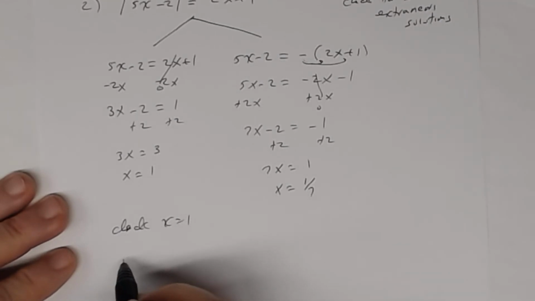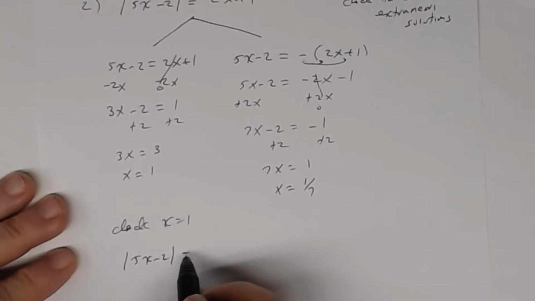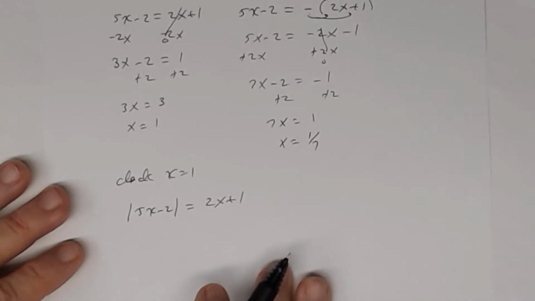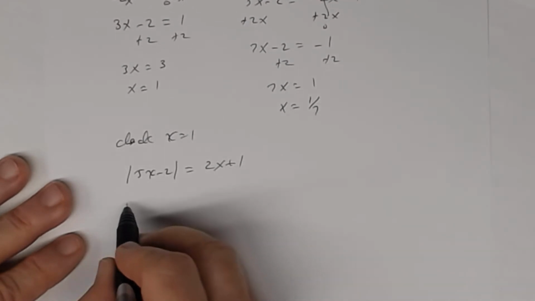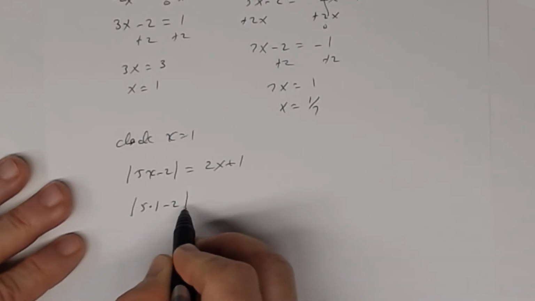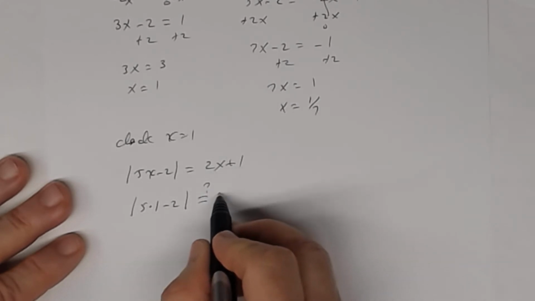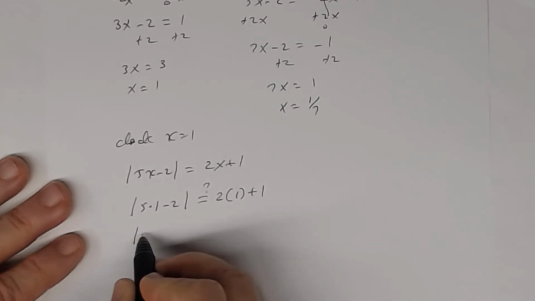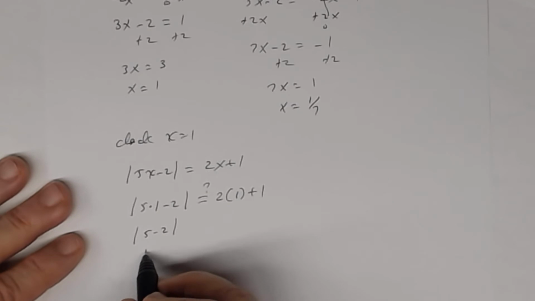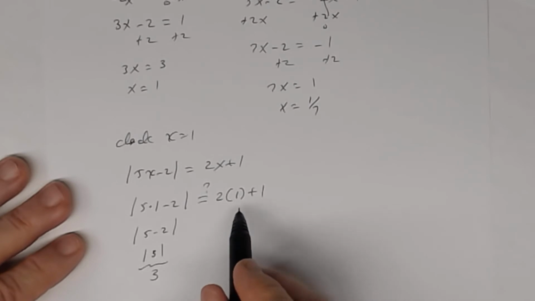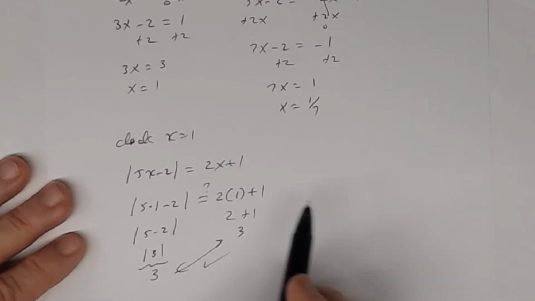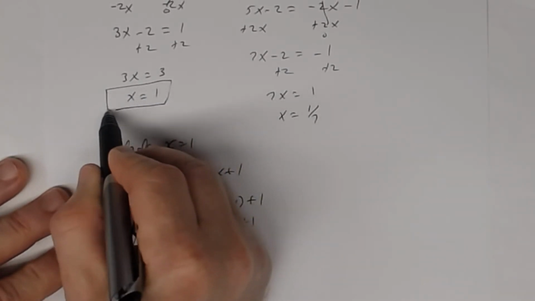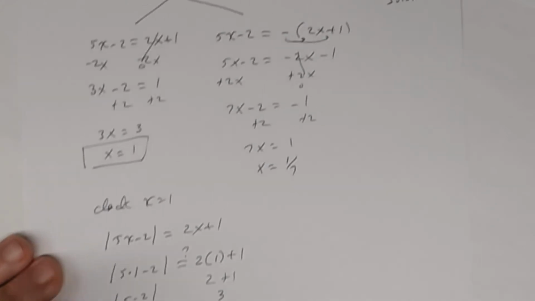Check x equal 1. So the absolute value of 5x minus 2 is equal to 2x plus 1. So in place of x, I'm going to substitute 1. So I get the absolute value of 5 times 1 minus 2, and I want to see if that's going to equal the other side, 2 times 1 plus 1. 5 times 1 is 5, so I get the absolute value of 5 minus 2. 5 minus 2 is 3, so that's the absolute value of 3, and we know that the absolute value of 3 is 3. On this side, 2 times 1 is 2, and 2 plus 1 is 3. So they are equal. So x equal 1, this proposed solution or apparent solution, is a solution to the